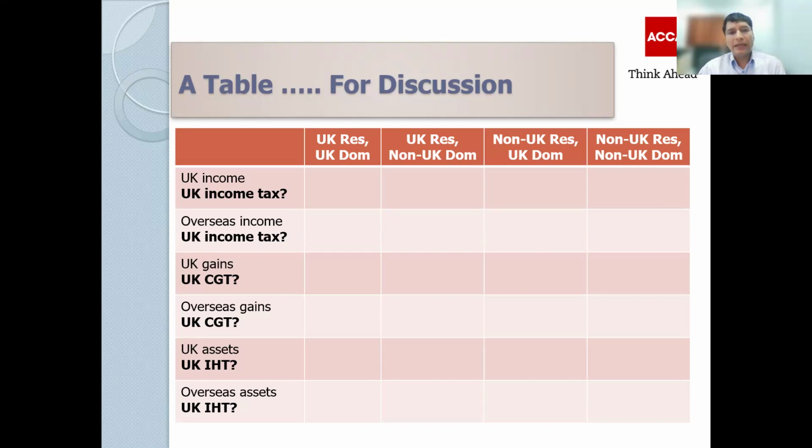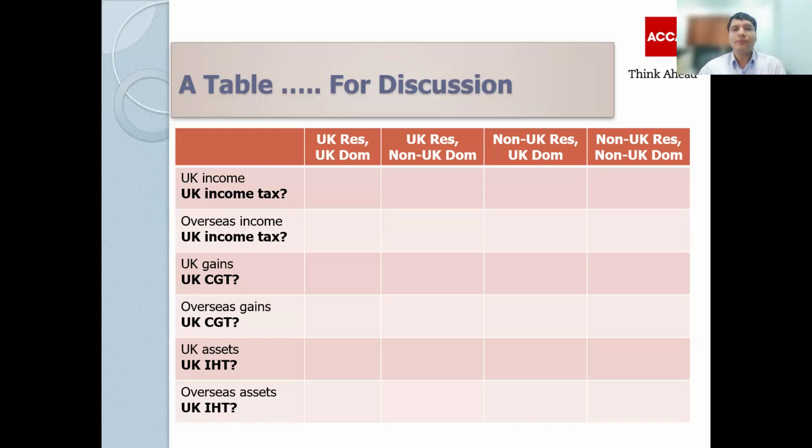But if any overseas gain as well as overseas income are taxable in another country as well, then any tax that was paid in the overseas country will be available for tax relief, will be available for the foreign tax credit in the UK. Obviously, it has a restriction, but in principle, the credit is available. And the credit runs under multiple principles. The first principle is unilateral relief. That means the lower of the UK tax on that income or gain and whatever foreign tax was paid will be available for the tax credit in the UK.